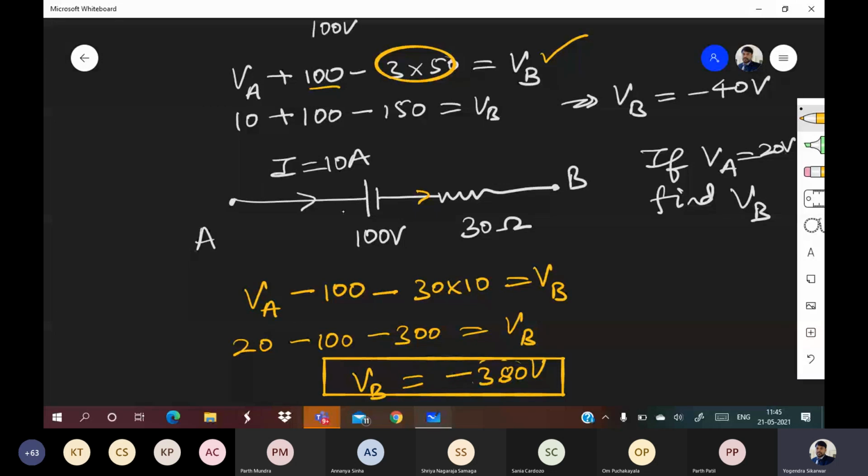See, you are going from positive terminal to negative terminal. That's why it is minus this time. Arnav, check previous questions. Compare with previous question. Read the statement which I gave you. Here the bigger line is the positive terminal and the shorter line is the negative terminal. You are going from positive to negative.